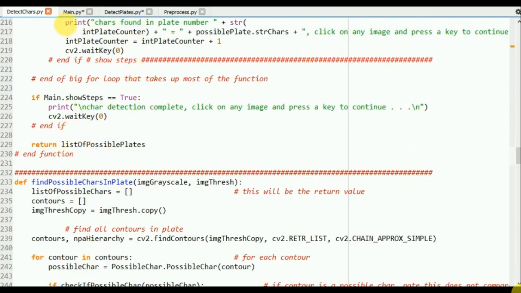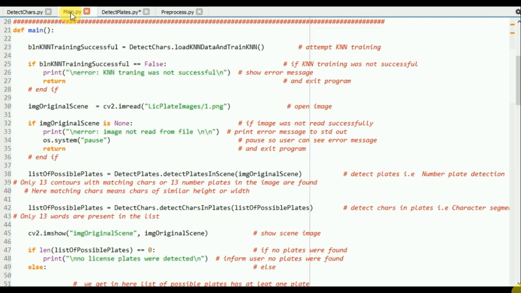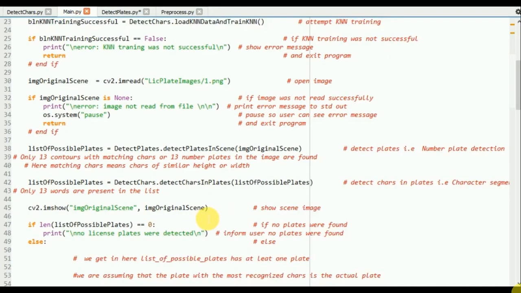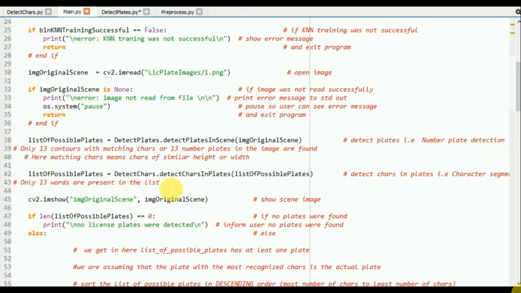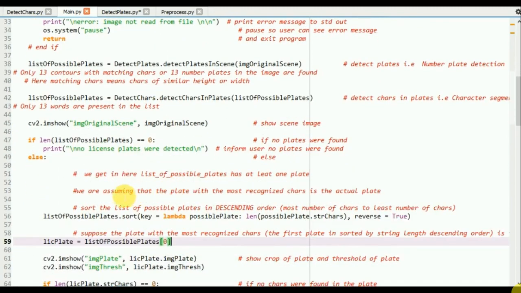So we go back to our main.py file. Here we have only 13 possible plates present in this list. Here we are assuming that the plate with the most recognized characters is our actual plate. You remember that we have found 13 possible number plates, and each of these number plates will have its own distinguished characters in it.